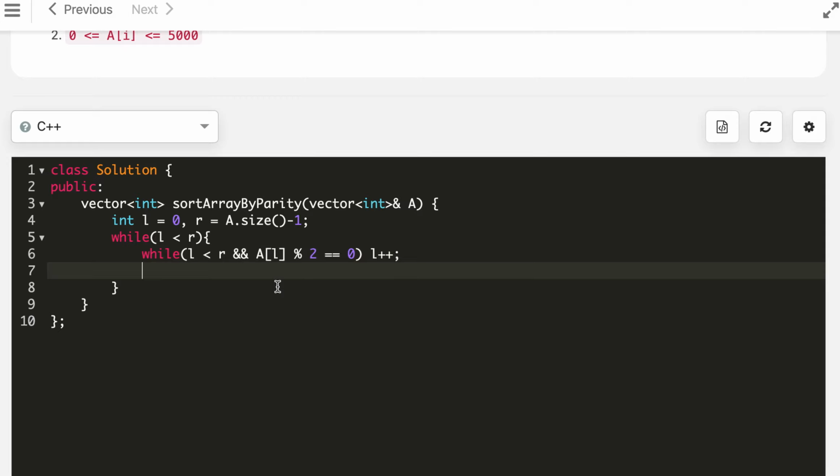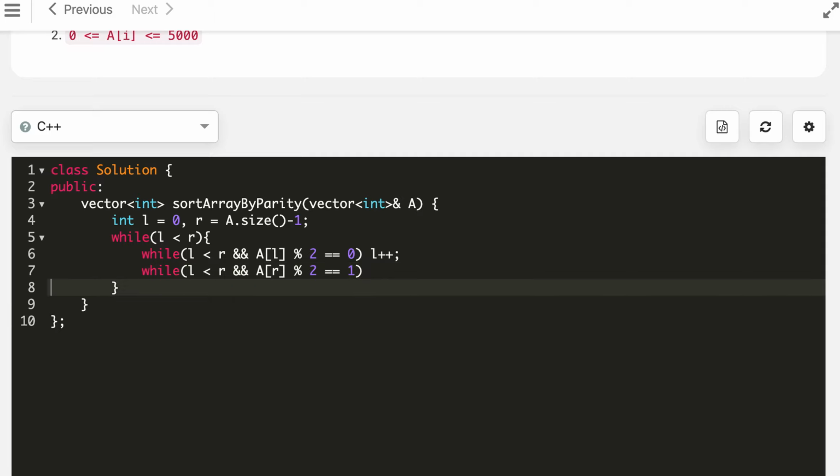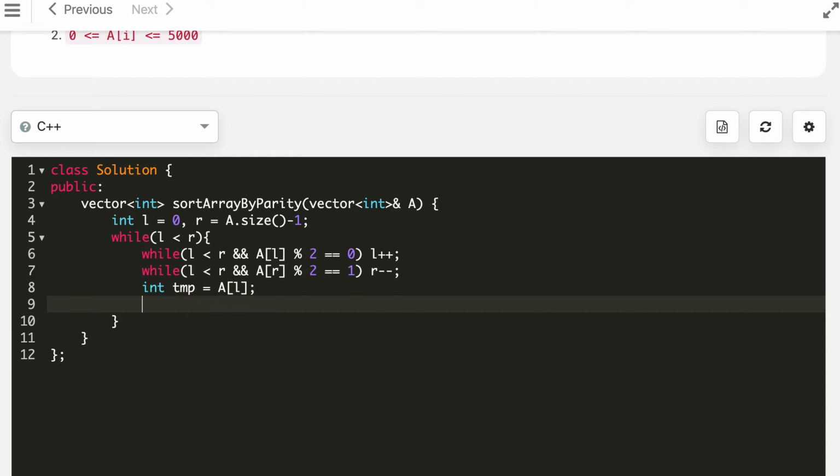Similarly for the other case, R minus minus, and then we are swapping these. So you can also use the inbuilt swap function.